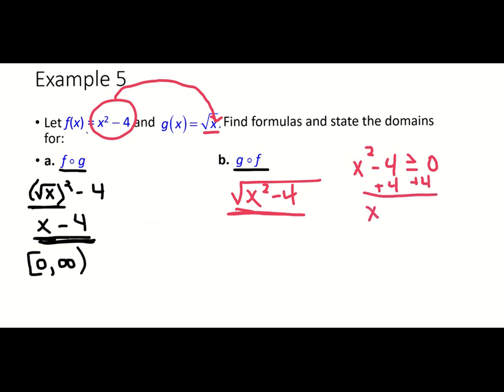So I get x squared is greater than or equal to 4. And then we're going to take the square root. We want x. So x always has to be greater than or equal to, and again, we're going to end up with our positive or our negative 2's there. So really, our domain here, what we're going to get for our domain is